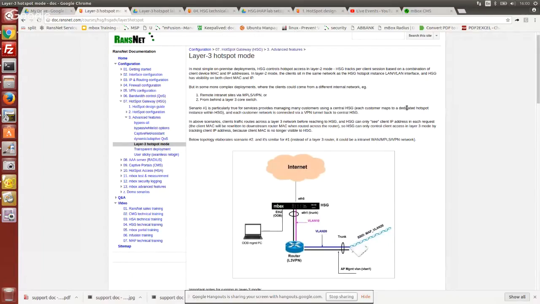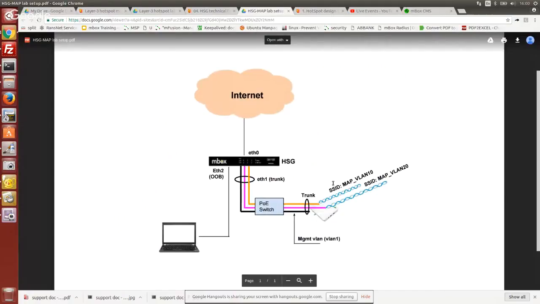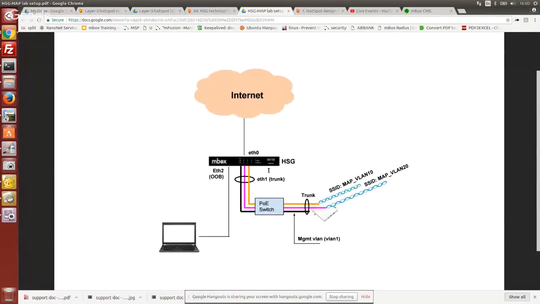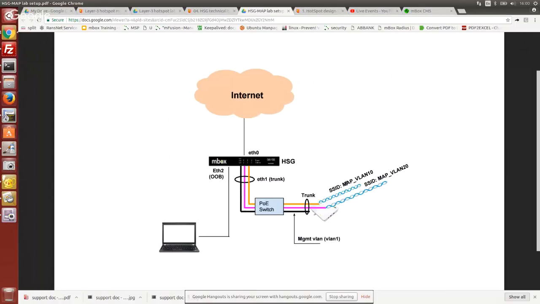Today we're going to cover layer 3 hotspot control. Traditionally, we have always been talking about layer 2 hotspot control, which really is something like this. That means the users are mostly attached to the HSG LAN interface network. For example, in our lab setup, the AP bridges the wireless SSID to the VLAN, and the VLAN trunks directly